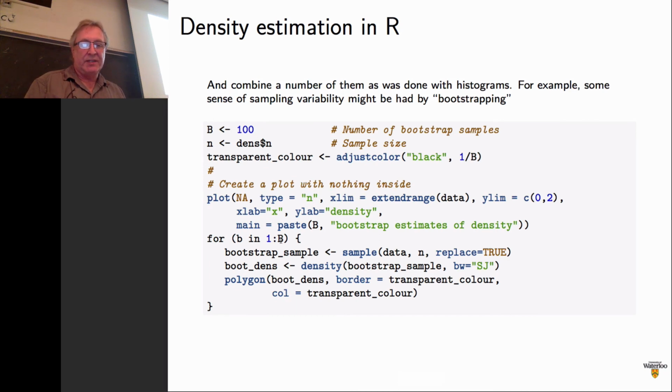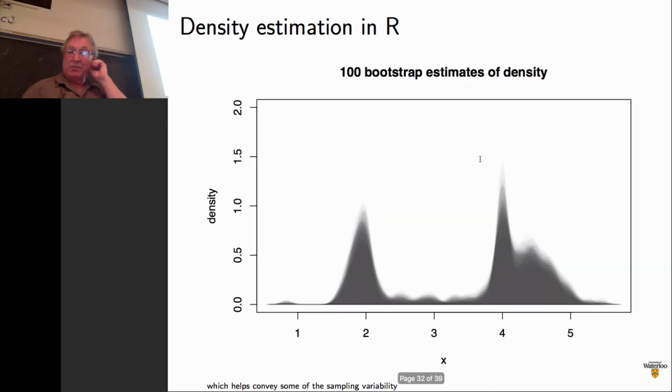Each time I'm going to get a sample of the data with replacement of the same size sample. Then I'm going to get the density for that sample. Then I'm going to plot just the density. I'm not going to plot the border. I'm going to plot the filled in part. And what I'm going to do is slightly different. I'm going to use the color that you give me. I'm going to make that transparent to be 1 over 100th. So I would need to pile 100 of these guys up for that to be solid. Okay? And if I do that and look at the plot,